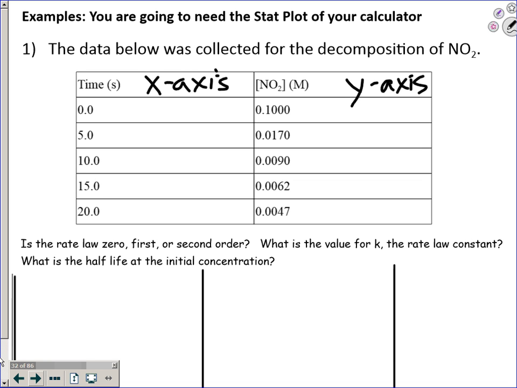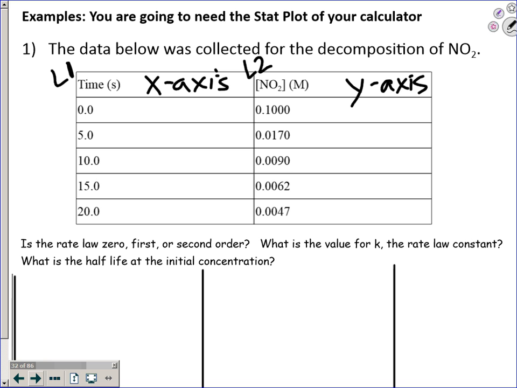I should probably do this too. Calculator. Who does not have a calculator to work with right now? Does everybody have one? Because you absolutely need to do this with me. So you're clear, all right, so when you guys put this into L1 and L2,